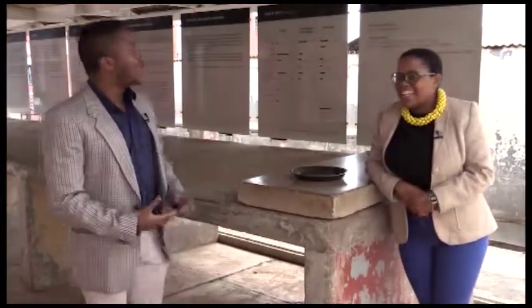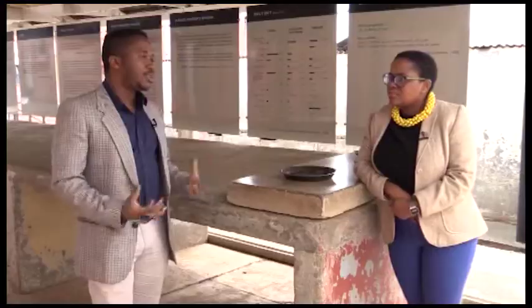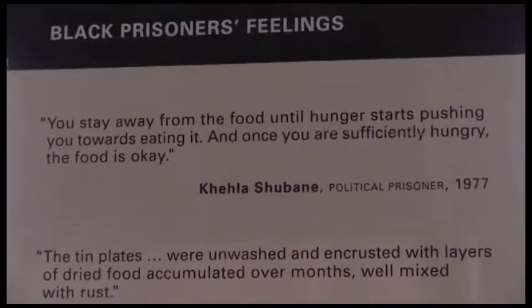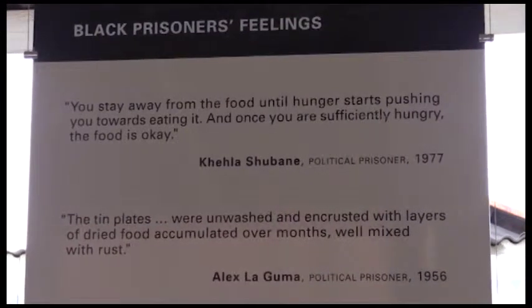Do you know what puza mandla is? I've heard of it before. Yeah, so they gave them puza mandla a little bit more because they also used the prisoners as cheap labor. They wanted the prisoners to be fit so they can go out and work as slaves, and then when they come back, they'll be subjected to a strip